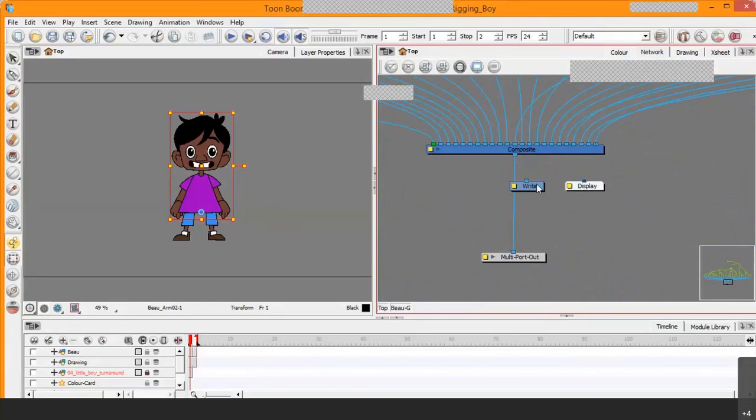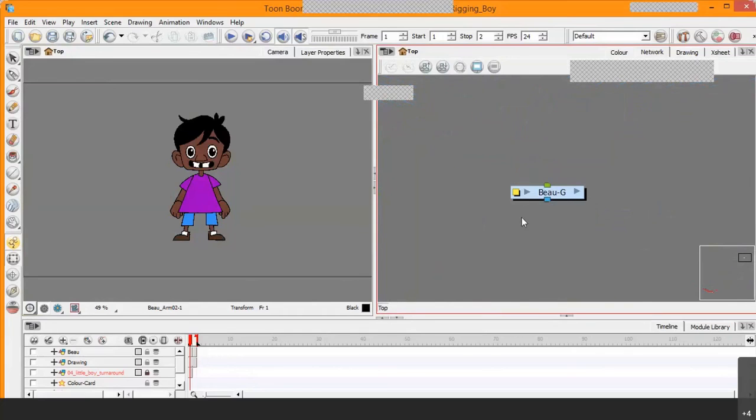So what I did was to disconnect the write and the display module and just leave the multi-port out. So I'm going to delete these two. So now we just have a single group that has, so that we can always gain